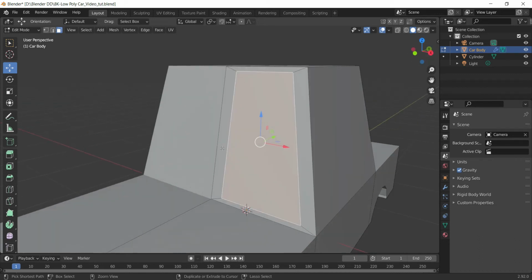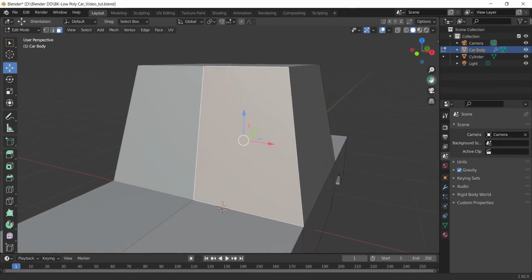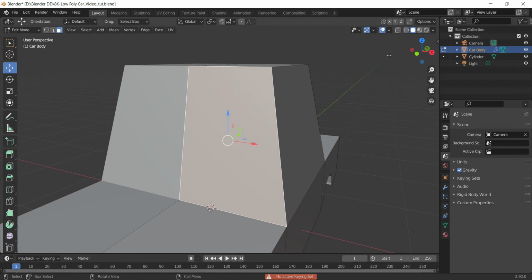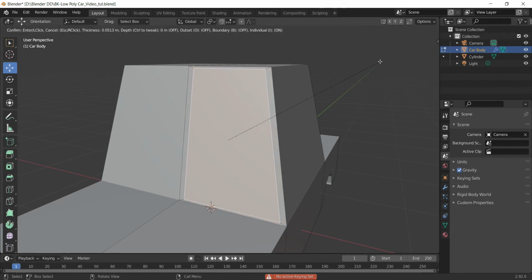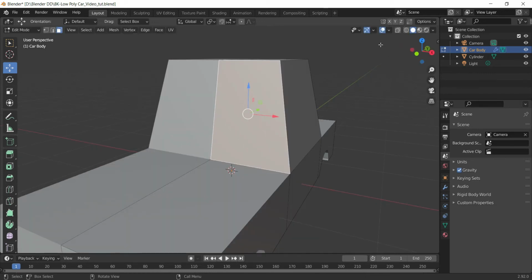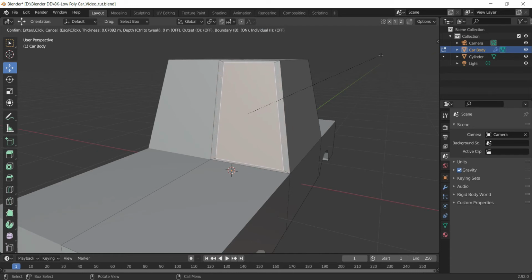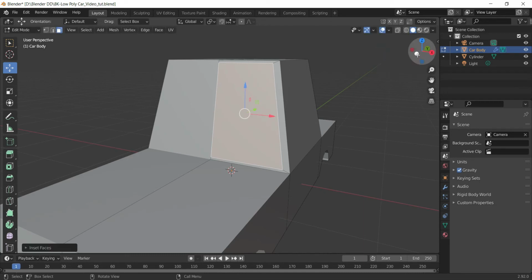So I'll undo this and press I first and inset the face, and you can see that on the top side it is written boundary, for which the shortcut is B. These are the sub options available for the inset face tool. By pressing B, I will toggle off the boundary. So I'll select the face, inset it, and press B to switch off the boundary, and here we go. Now I will give just a very small amount, then I'll stop and come to the front.